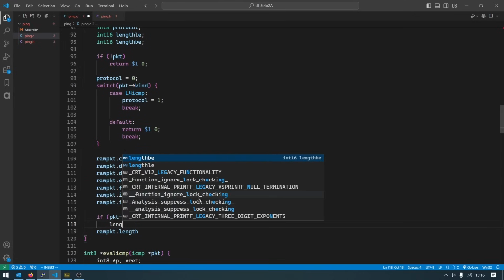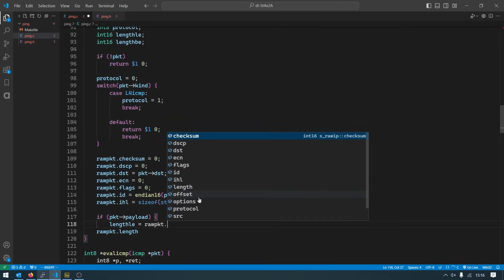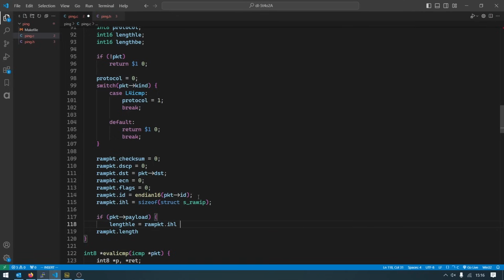So the length in little endian is going to be the raw packet dot IHL plus the packet